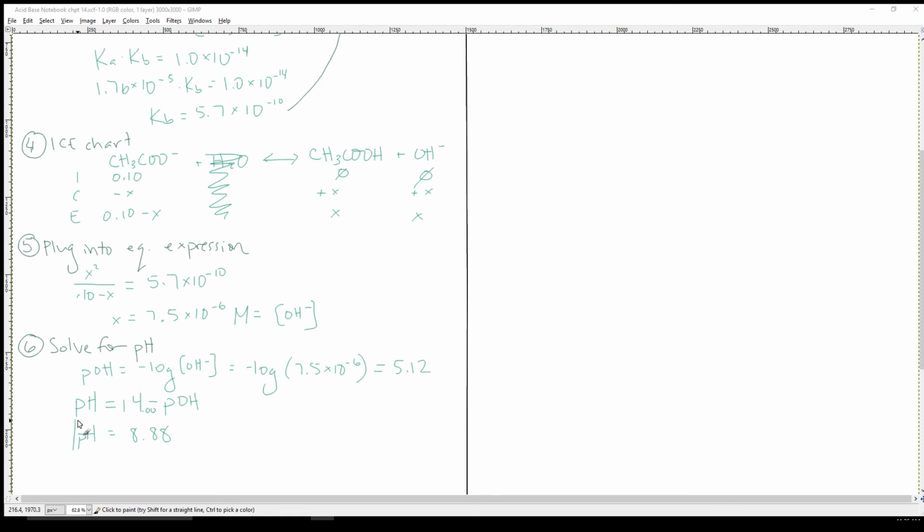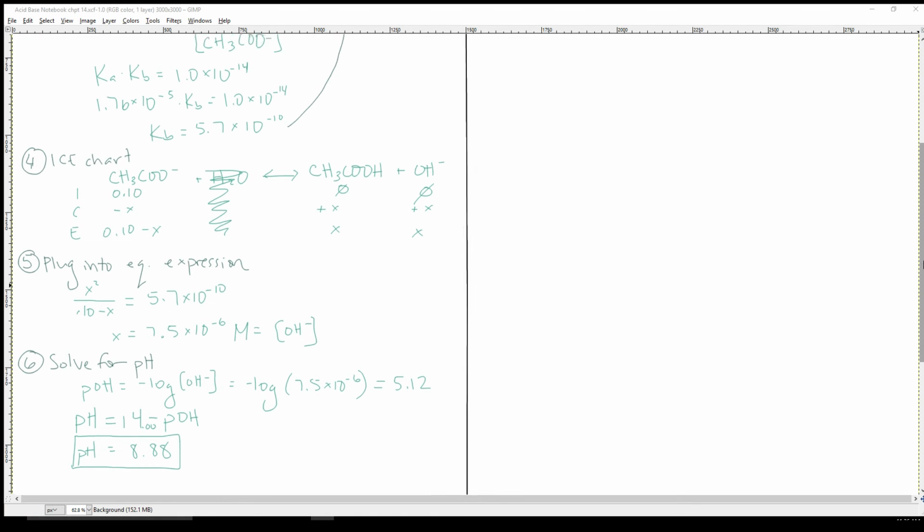So I can box this up. That is my answer. And something that's good to note is that salts will always have a mild pH. You're always going to get a mild pH from a salt. So that is problem 1. Now let's go back up to the start